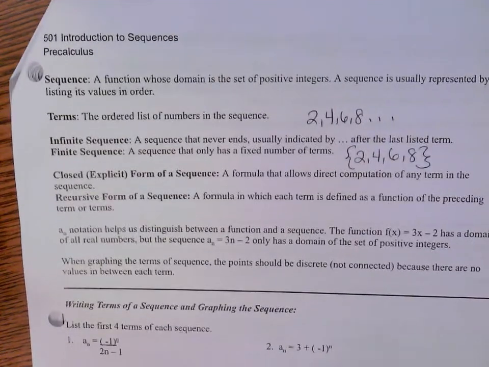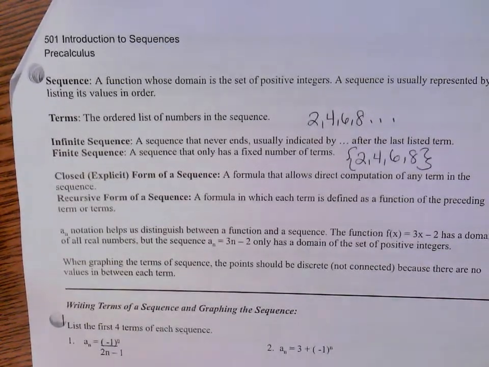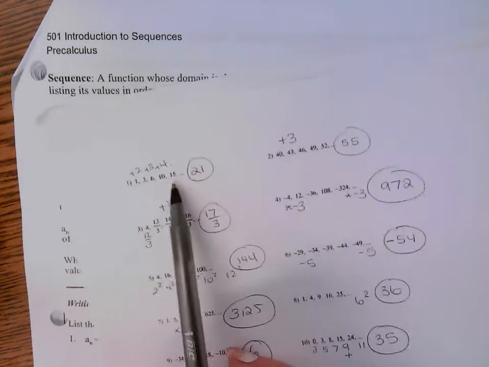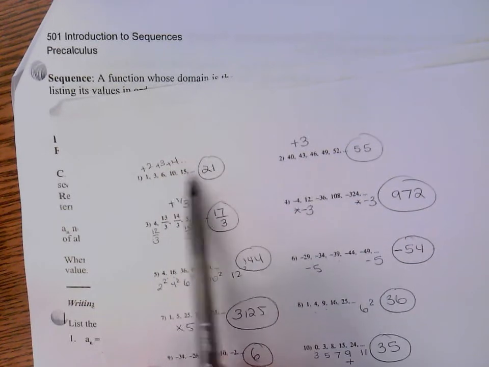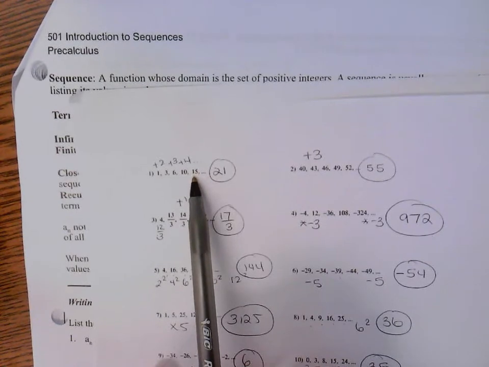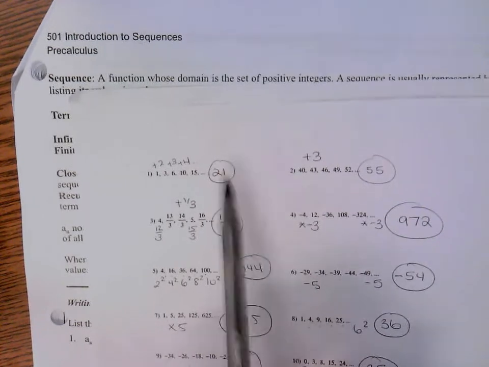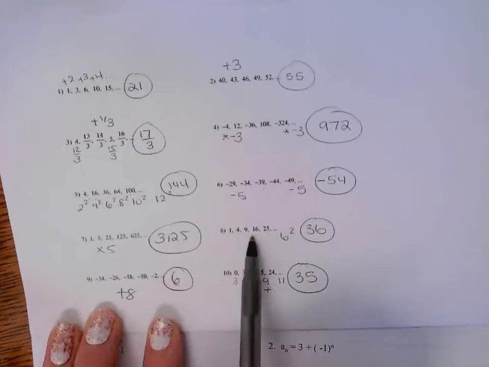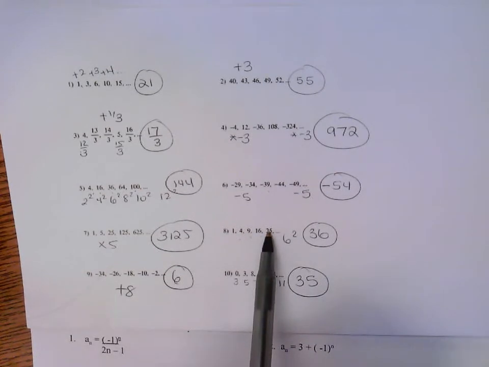And then I talked a little bit in our warm-up about closed versus recursive. If I know the recursive pattern and I just know that I'm adding 2 and then I'm adding 3 and then I'm adding 4, I can't generate the 10th term of this, right? I would have to keep adding 5, adding 6, adding 7, adding 8. That's recursive. But on this one, I knew this was 1 squared, 2 squared, 3 squared, 4 squared, 5 squared. I already know that the 15th term is just 15 squared. That would be a closed formula